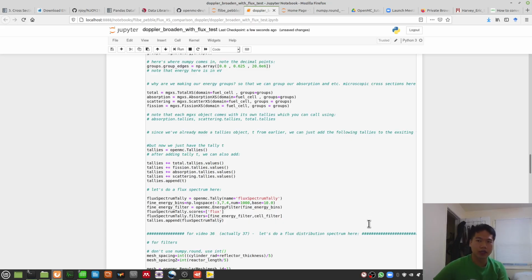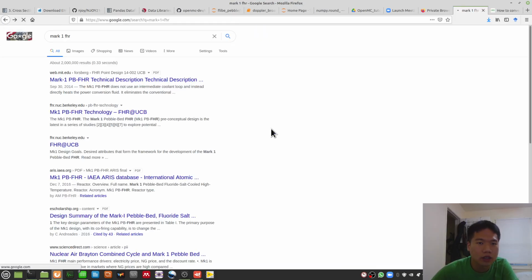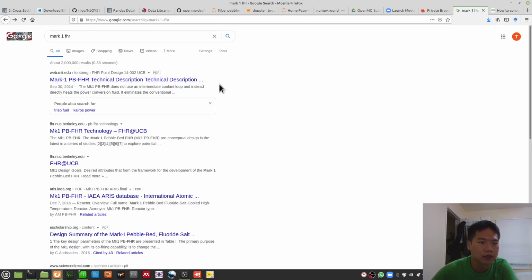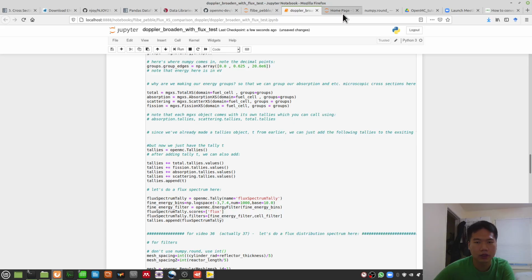Much like how you have this FHR design. This is from UC Berkeley and MIT. Both collaborate, I think. And the other thing is about this